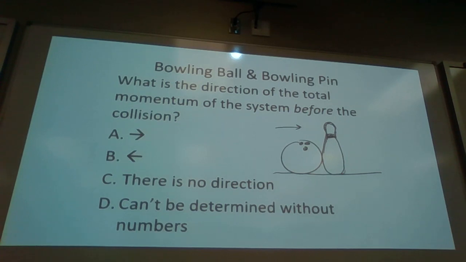Here's kind of an example. Correct answer is A. Good with that? The pin has no momentum. The ball has momentum to the right. The total momentum of the system is to the right. So if we put both objects in our system,